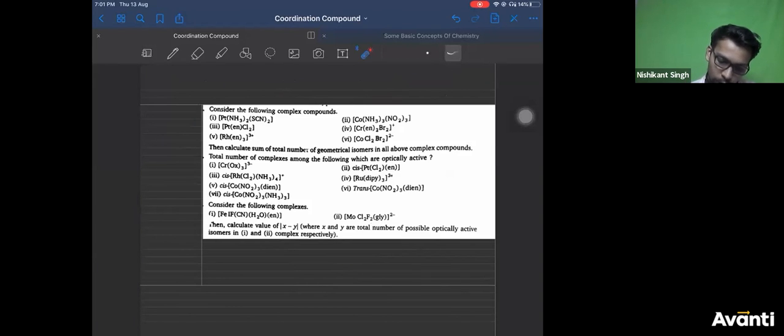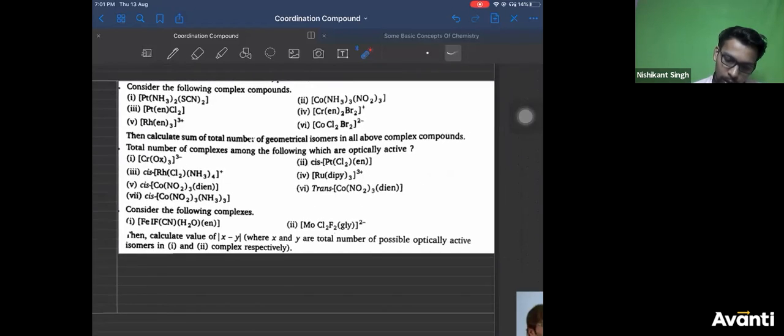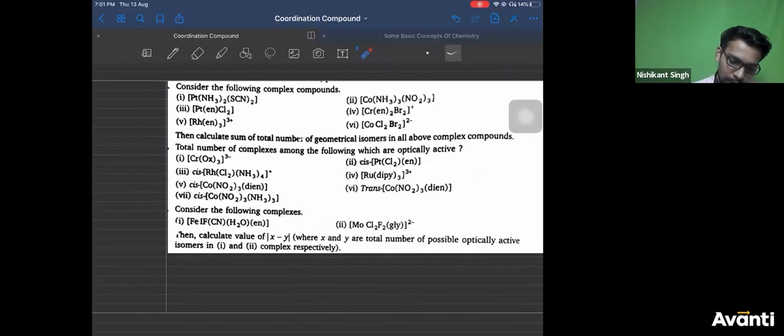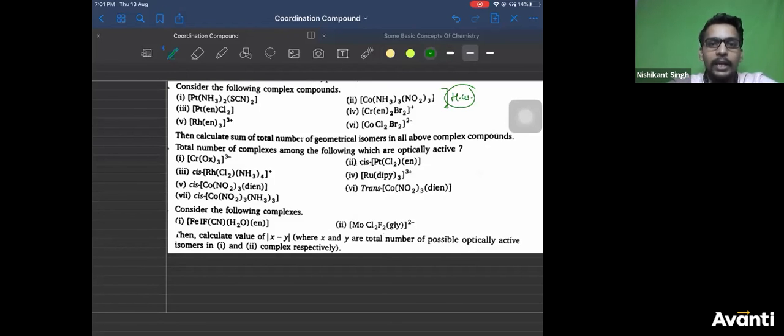So then this is one question which I have kept here for you. You guys can take a screenshot here. Practice this. We'll discuss its homework tomorrow since it's time up. I wanted to do this in class today. So consider the following. This is related to isomerism. Consider the following complex and find the answer to this. There are 3 questions here. We'll discuss their answers in tomorrow's class.